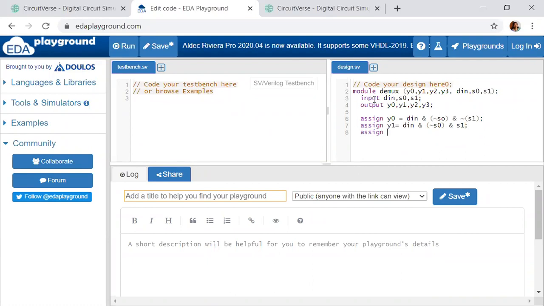Assign Y2 is equal to D in and so here it is S0 and S1 bar. So it is not of S1. Assign Y3 will be equal to, what is Y3 equal to? D in and S0 and S1. So that's all, end module.